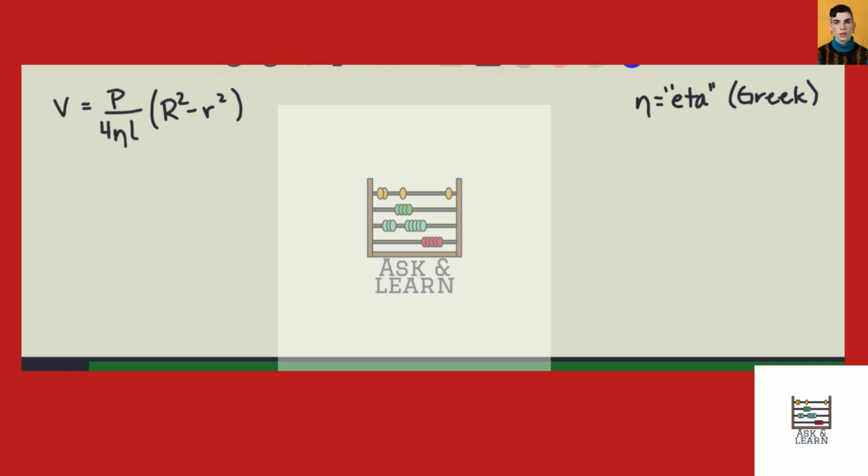Here we have the law of laminar flow, and we're going to use it to look at the flow of blood through a blood vessel. And for this problem, we're given some specific numbers to plug in for the constants. So we're going to plug in 3,000 for the pressure,